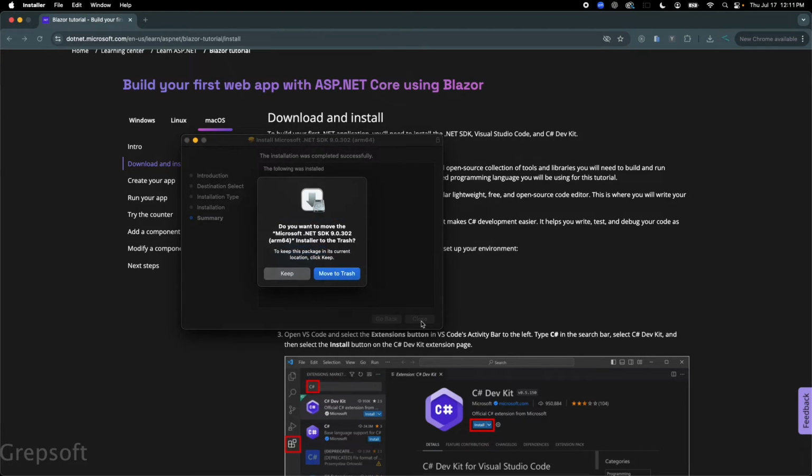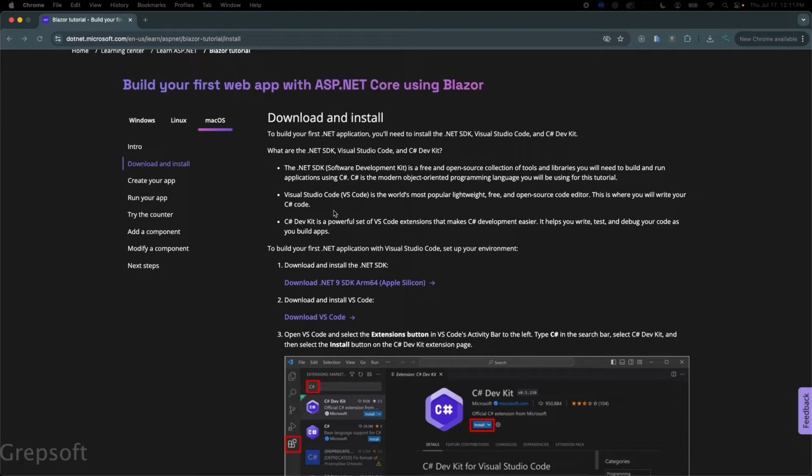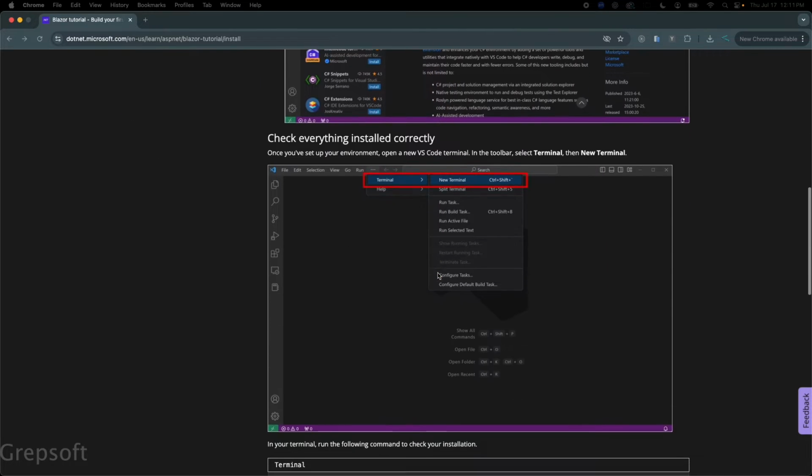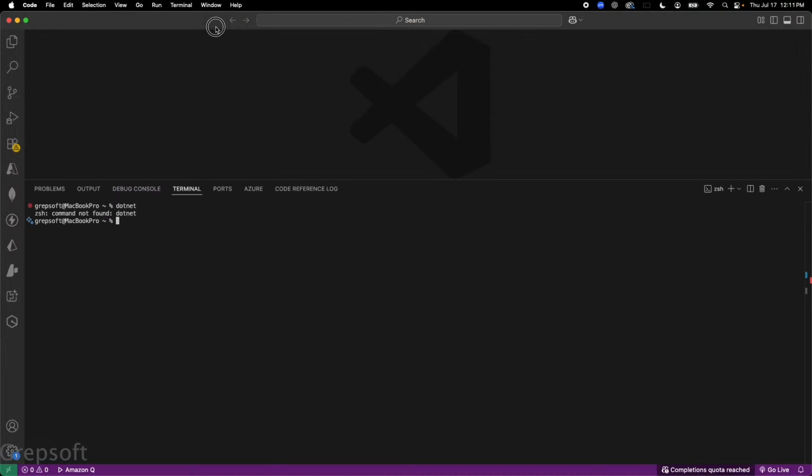We're just going to do close, and we're just going to do move to trash. Apple has this one cool thing, you can just move the item to trash. Anyways, with that done, you can read the whole thing, but I'm just going to walk you guys through and make it easy for you guys. So let's come on over here to the VS Code that we had, and if I do dotnet now,